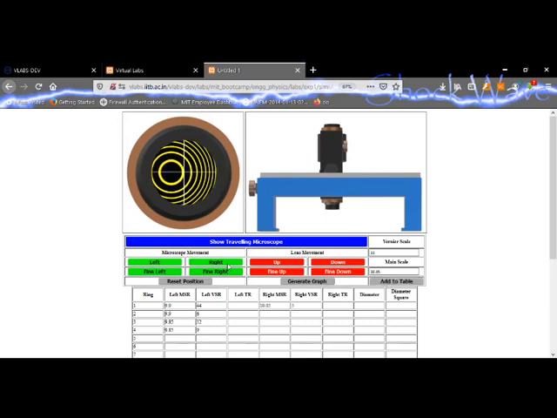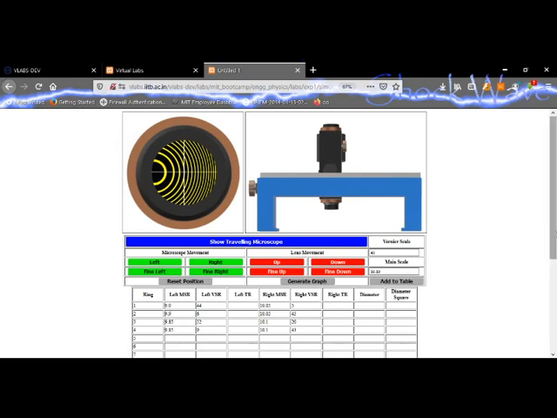We go to the second ring, and at the tangential position we click on add to table, and another reading is added. Then we go to the third ring and click on add to table, and the reading is filled in the table. We go to the fourth ring and add it to the table.